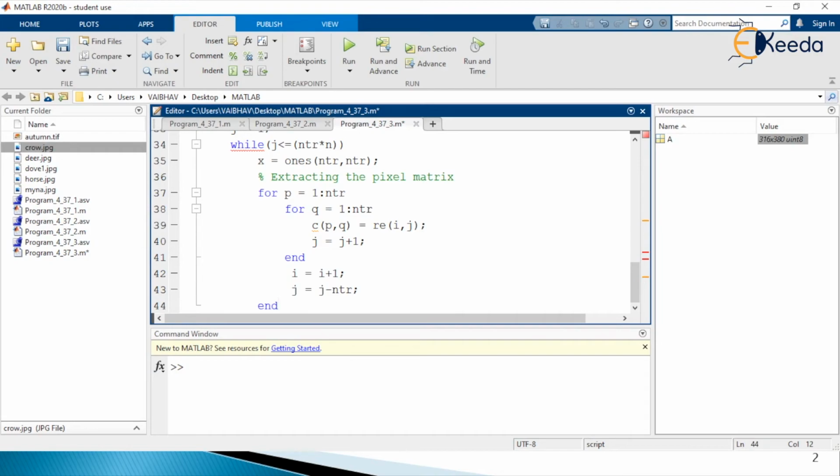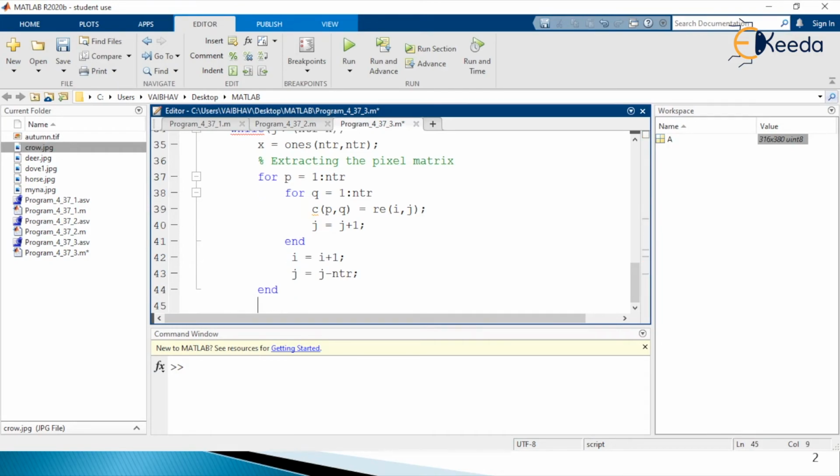Now let us have the important step for performing the circular convolution operation that we have demonstrated in the second part of this video. So I just mentioned to perform the circular convolution, and this circular convolution is performed by using the DFT, the discrete Fourier transform, the forward one, and IDFT.